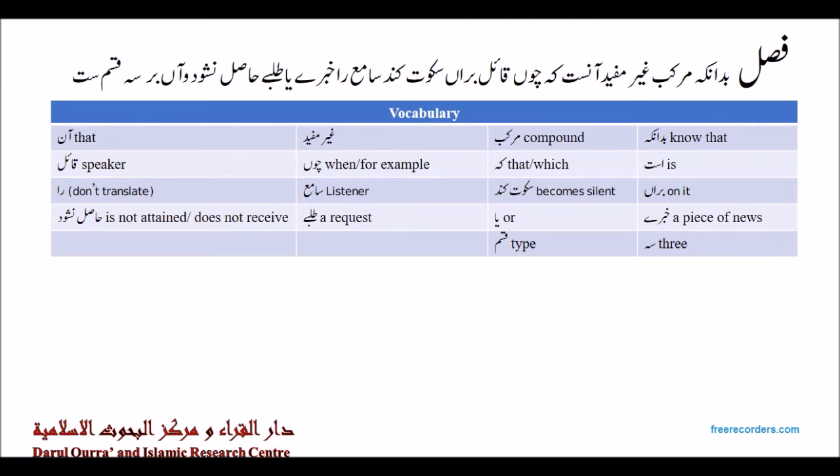For example, if I was to say Zed's pen, now that's an incomplete sentence. I haven't told you anything about Zed's pen. I haven't given you any information, any news about Zed's pen. Zed's pen is old. Zed's pen is new. Zed's pen is lost. These three are examples of complete sentences.